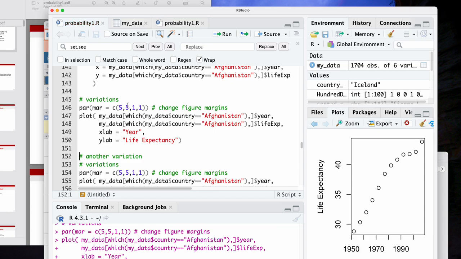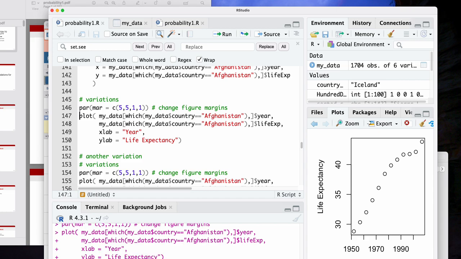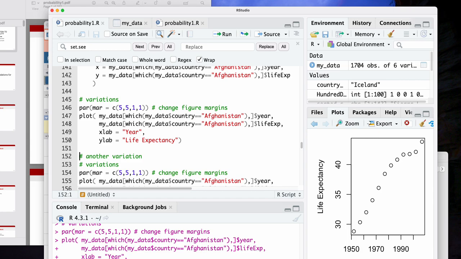These numbers, like when mar equals 5511, this is us changing the margins. In general, whether this should be a 3 or a 2, that's just something you play around with. You try a 1 and it looks bad, so then you try a 4 and it looks better. Then you try a 5 and it looks even better. So these numbers are just things you'll play around with through practice, trial and error. So this is us labeling the plot, giving it an X-axis and a Y-axis label. Otherwise, things are exactly the same as before.